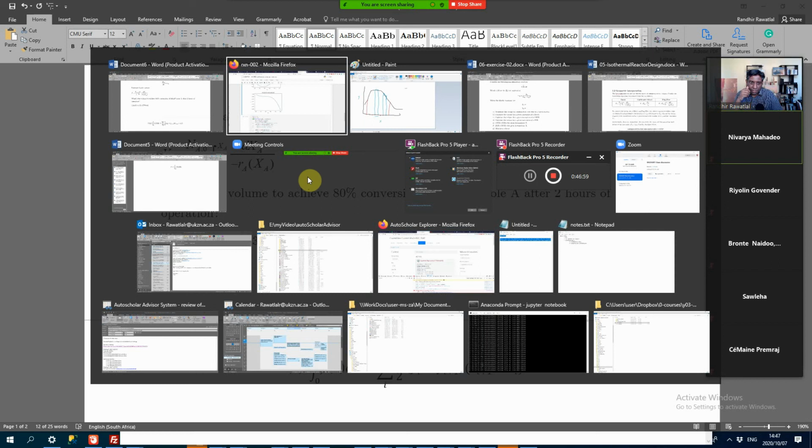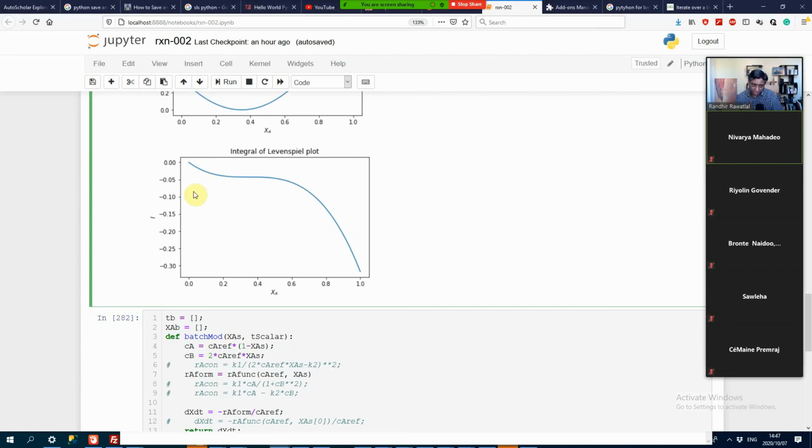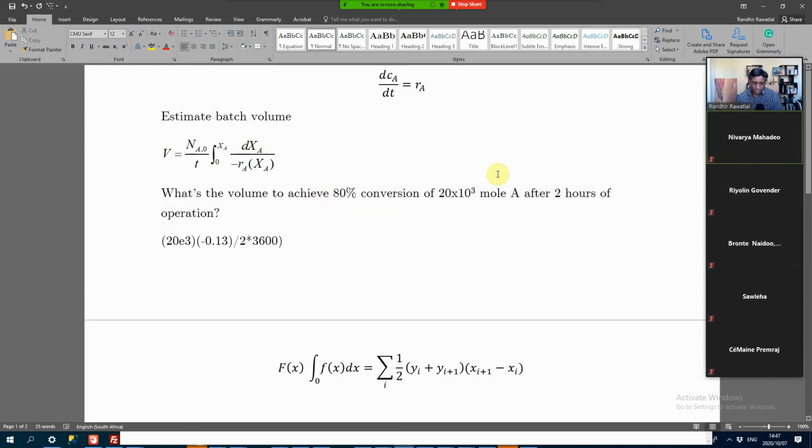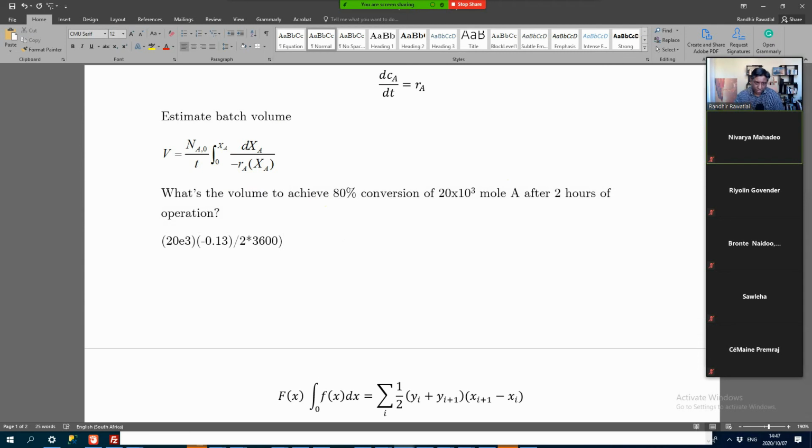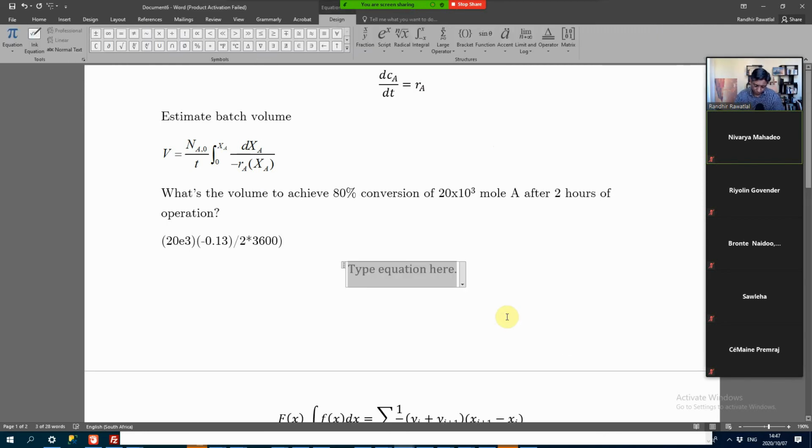Yeah, you won't be able to do this in a test or an exam, right? So if it's a test or an exam, what you would more likely do is break this integral up into a couple of pieces. So we could say here the integral for, and I'm just going to call it f of x. We can break that up into the integral, and let's use this notation,